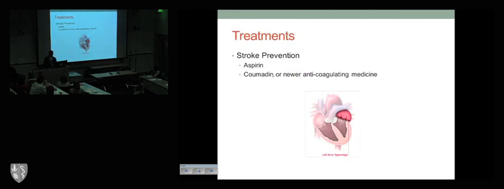The other aspect that is very important in managing somebody with these irregular fast heartbeats, this atrial fibrillation, is prevention of stroke, and that's really one of the main complications that can happen from a condition like atrial fibrillation. Depending on some of the other factors that we might see, depending on whether or not you have any muscle problems in your heart, we might recommend aspirin, or we might recommend something stronger such as Coumadin, or one of the newer blood thinning medications.